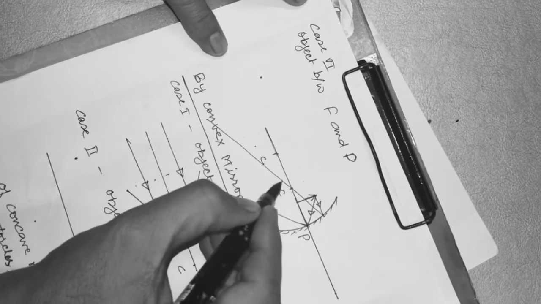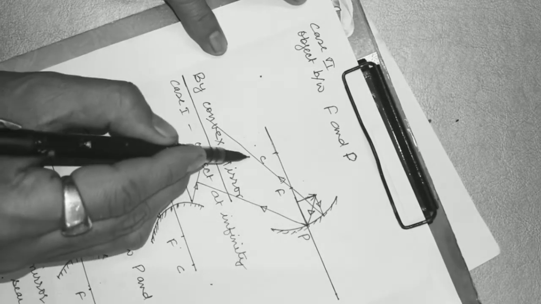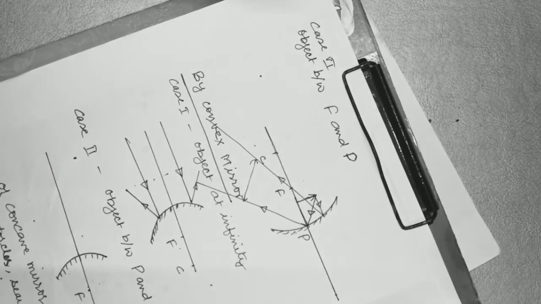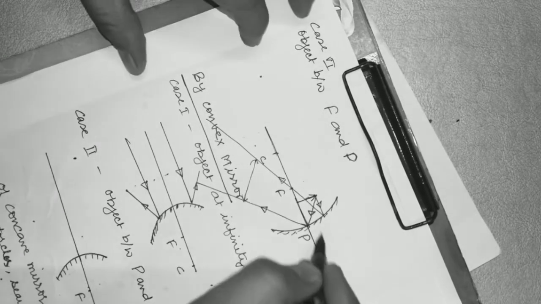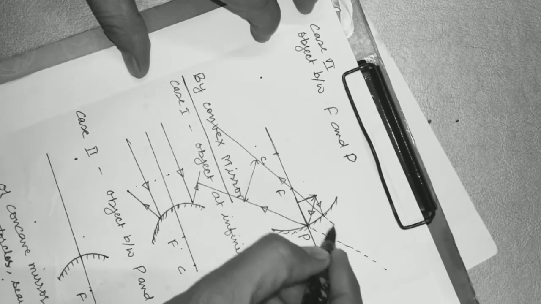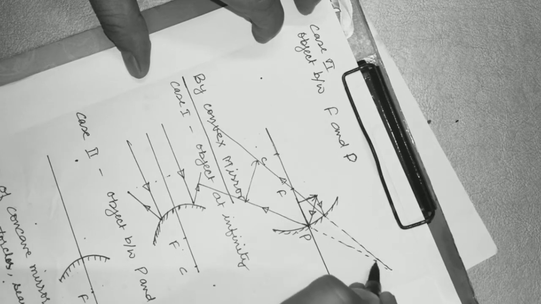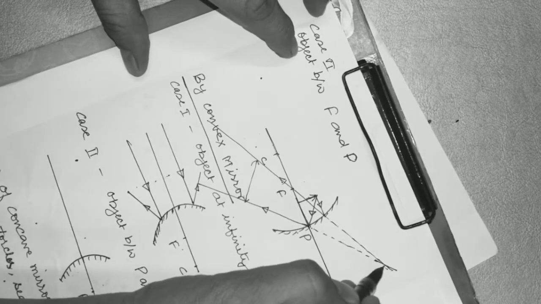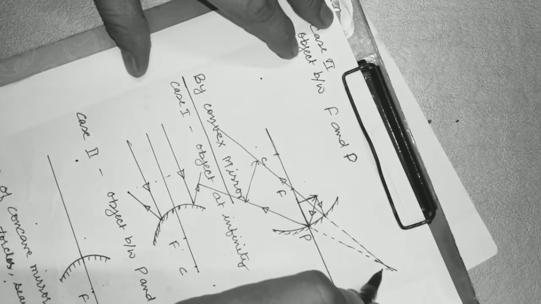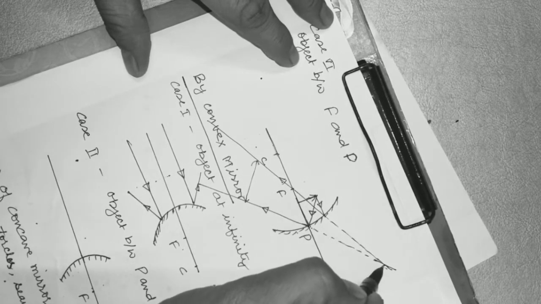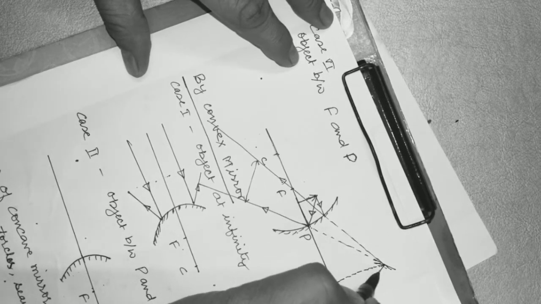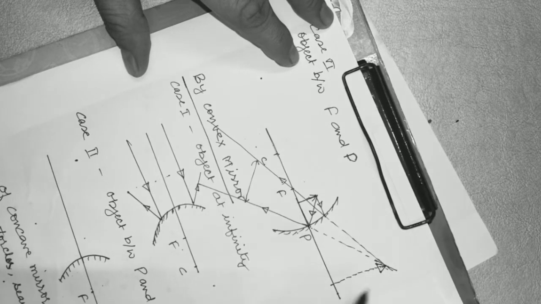So here we can see the light rays are moving apart from each other. So both the light rays will not meet on this side. Then what will happen? We'll extend both the light rays backward, and we can see both the light rays are meeting behind the mirror, or they are appearing to meet at a point. So at this point the image is formed,